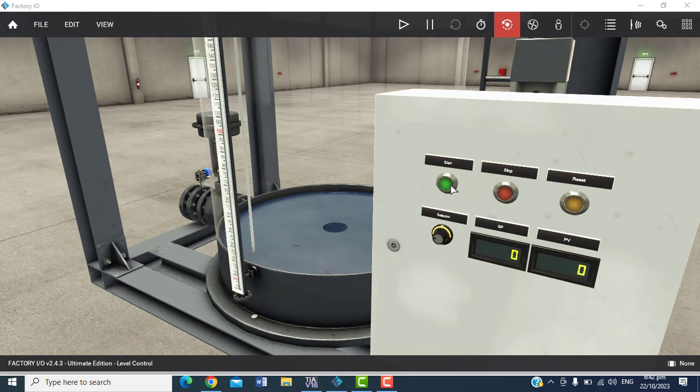Remember, what I want is that if I press start, I want this thing to show. And then if I press stop, the satellite will go off, and then the red light will come up. So when I press start again, it's not going to start until I reset. If I reset, the red light will go off, the yellow light will show on. Then I'll press start again, the yellow light will go off, the green light will come up, just like that.